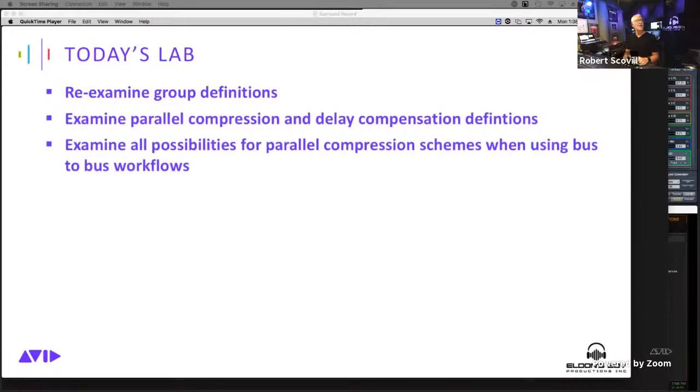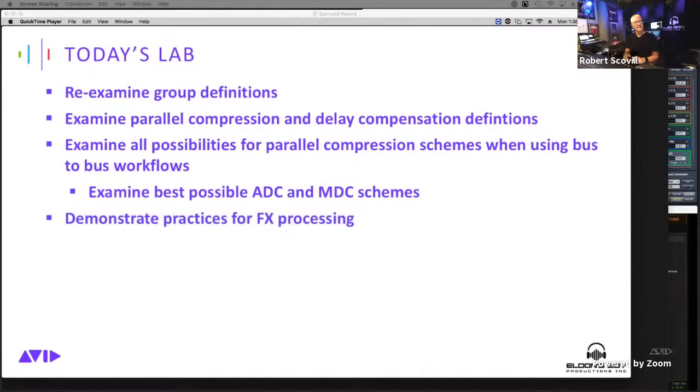I'm hesitant to say all the parallel possibilities for parallel compression, but we're going to examine a whole bunch of them, especially when using bus-to-bus workflows, right? And then we're going to examine the best possible ADC and MDC schemes, and demonstrate some best practices for effects